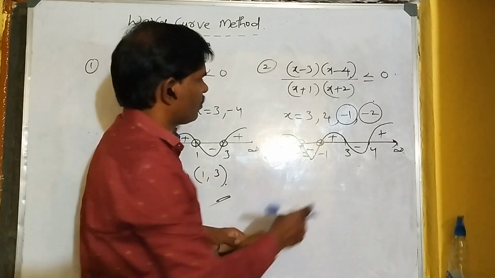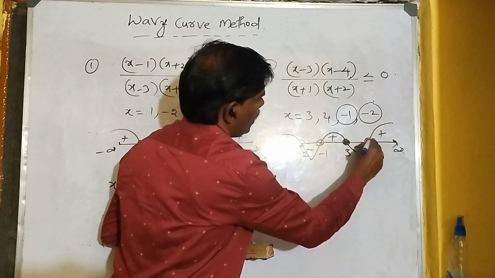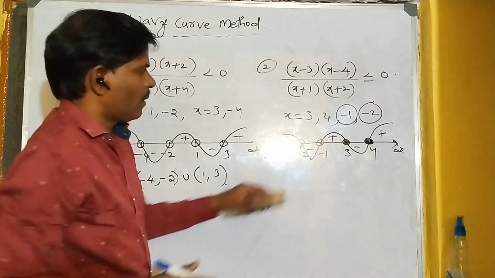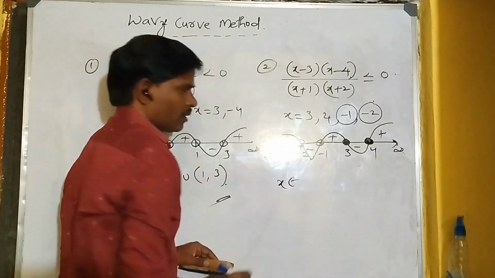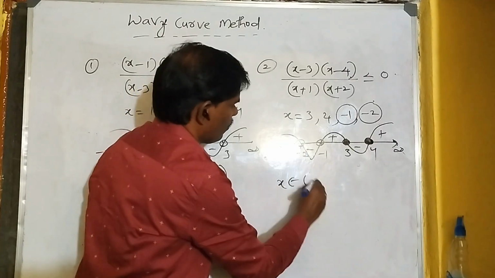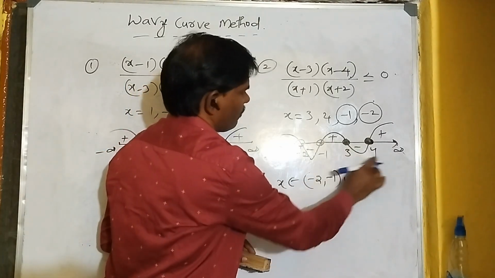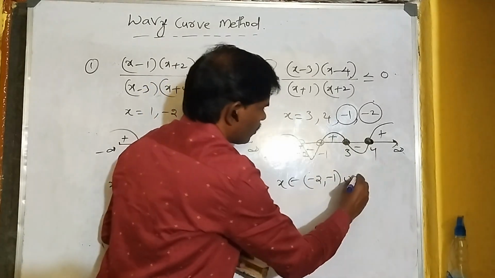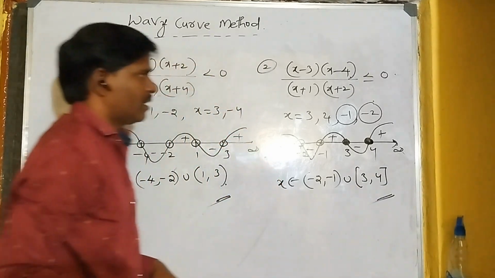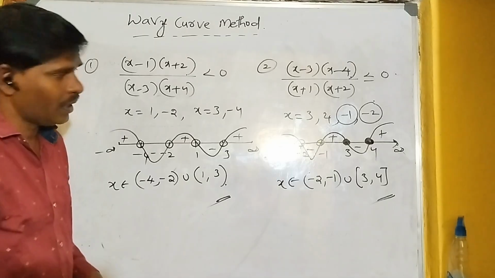Next, another negative part equal to, this is the included. This is the thick circle. Thick circle means closed interval part. What is the solution? X belongs to -2 to -1 is open interval -2 comma -1 and union. This is the closed interval. This is open interval. This is the closed interval. 3 comma 4 also closed interval. This is the final answer. Less than and less than or equal to, and greater than and greater than or equal to. Okay, next.